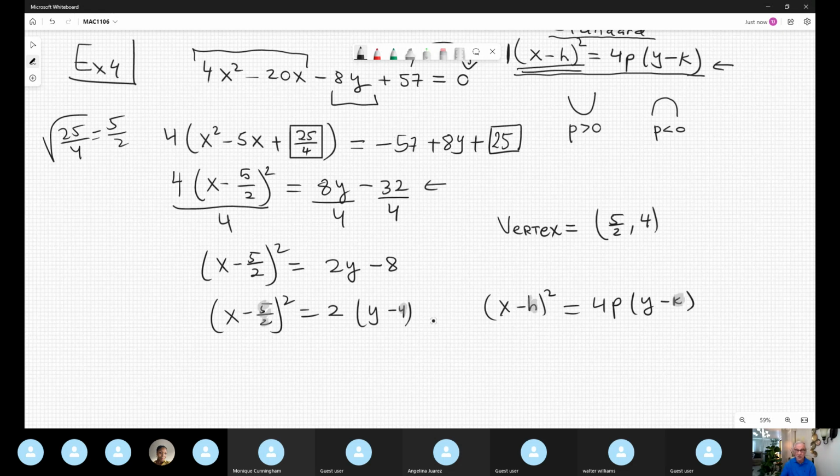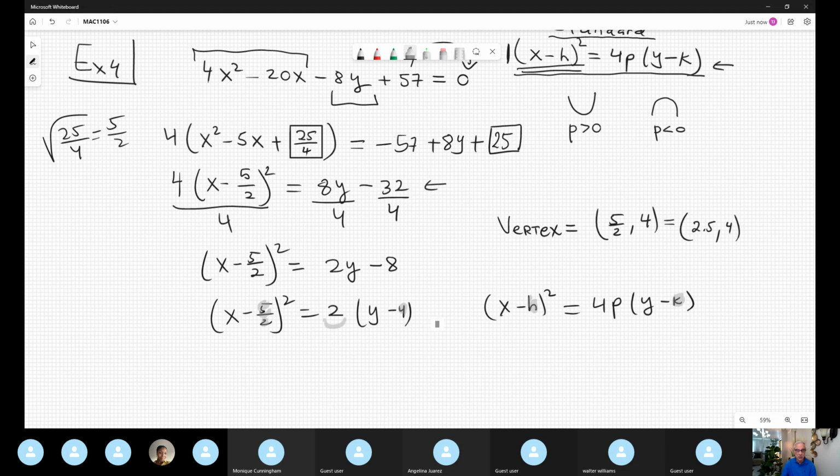Beautiful. You want working with the decimal 2.5 to feel better, more clear, more understandable, because 5 over 2 some students don't understand very well or don't see very well. Now this is the vertex. So in what direction open that parabola? Well, let me try to find P. So now I see